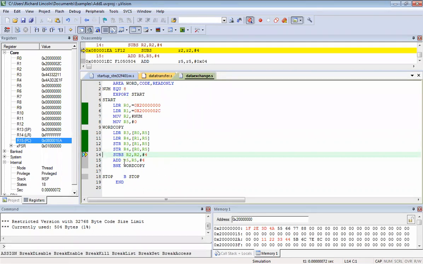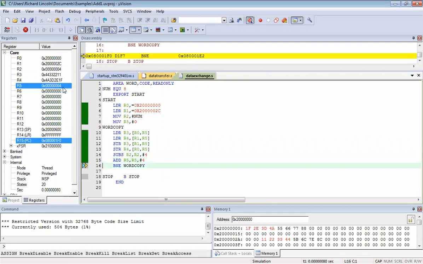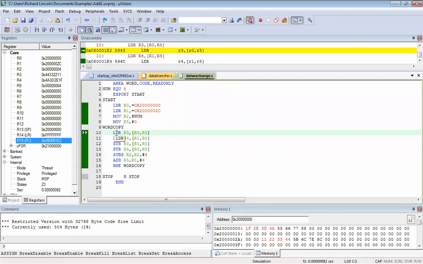Okay, so now I'm going to add 4 to R5, so that it moves to the next 4 locations. Okay, so you can see that here R5 is 4. Now it will check if it is equal or not, branch if equal. If it's not equal, then again it will get back here, and the same loading operation happens.